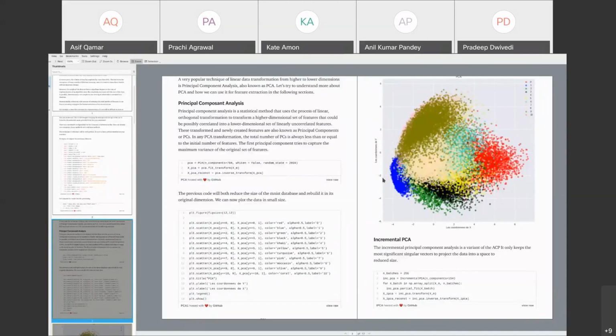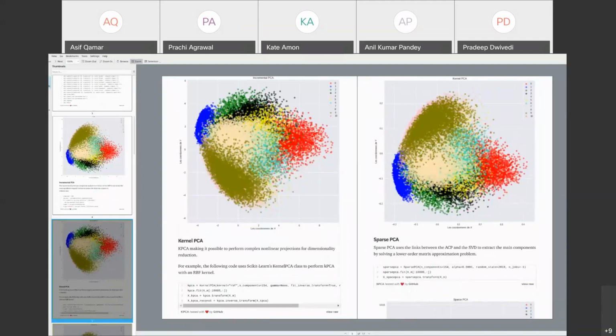Now there are enhancements to PCA. People have created quite a few enhancements. So there's something called incremental PCA, so you can work with batches of data. Just keep this image in mind, and now look at doing it incrementally. This may or may not be a little bit better than the previous one, but this article showcases all the ways that you can do it. Then you have something called Kernel PCA, a very, very powerful method. Actually, we applied it in the bootcamp to the breast cancer data set with some interesting results.